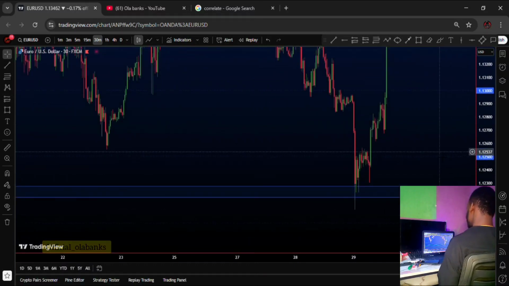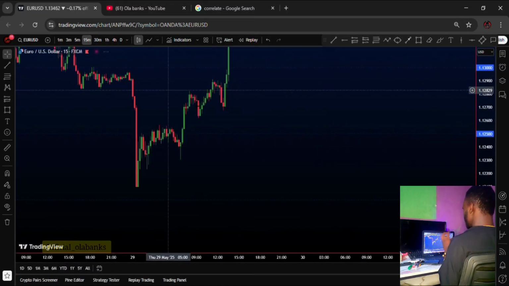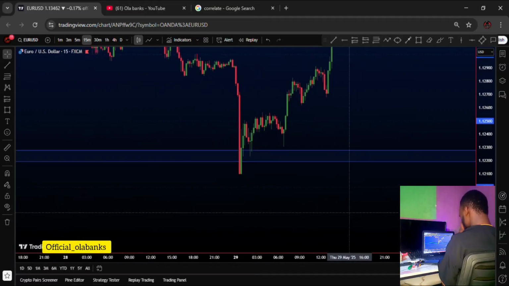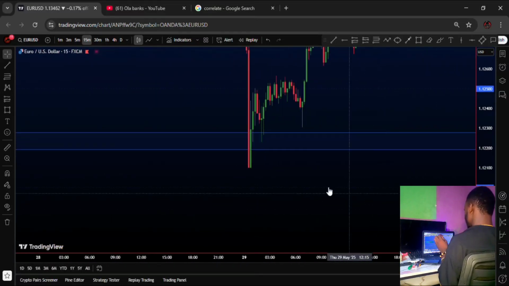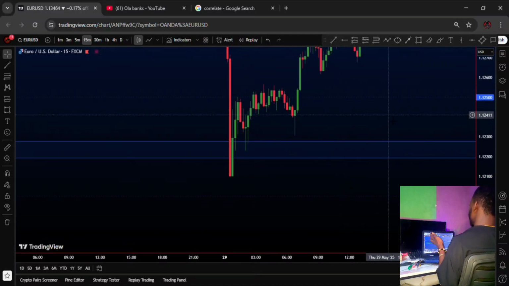So now the market has gotten to my higher time frame resistance on the Euro USD, you feel me? On the Euro USD, the market has gotten to my higher time frame resistance. What do I want to look for? Now I look for simply